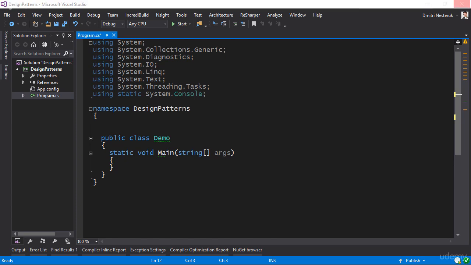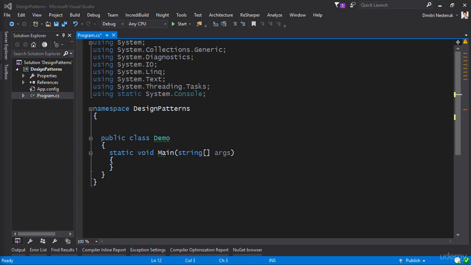The next principle that we're going to consider is the Liskov substitution principle, named after Barbara Liskov. So the idea here is quite simple. The idea is that you should be able to substitute a base type for a subtype. And once again, I know this sounds really cryptic and you might not be understanding what's going on, so let